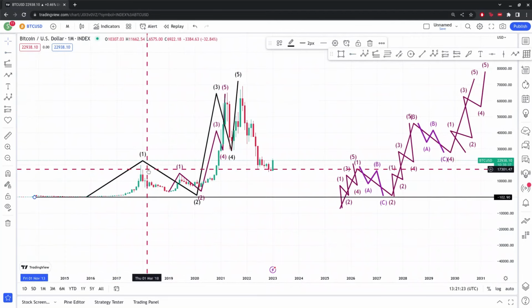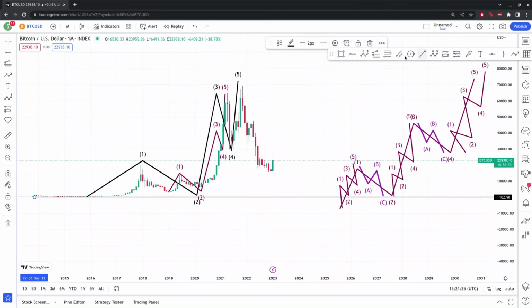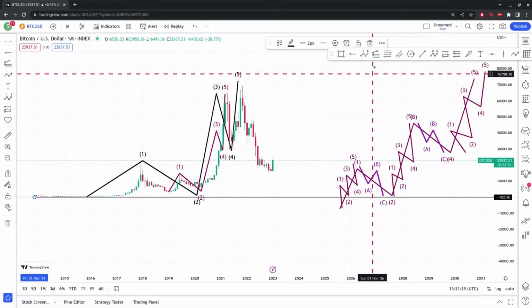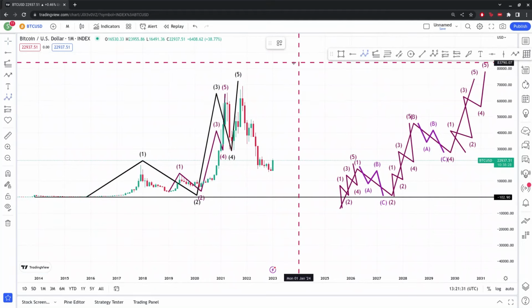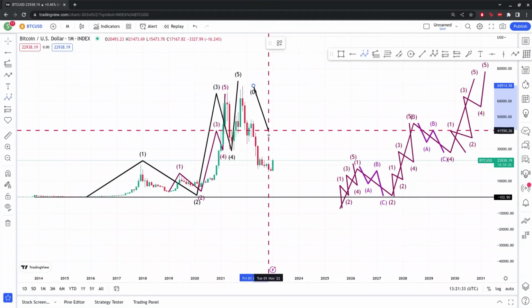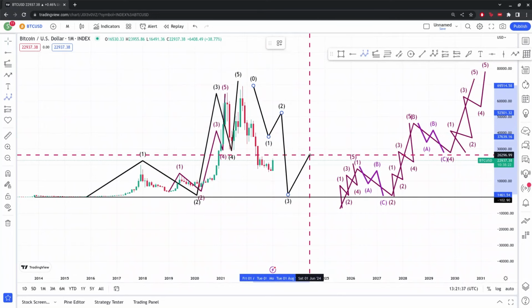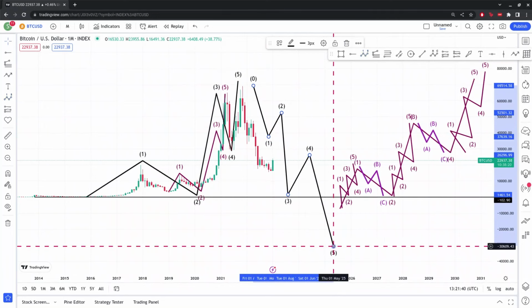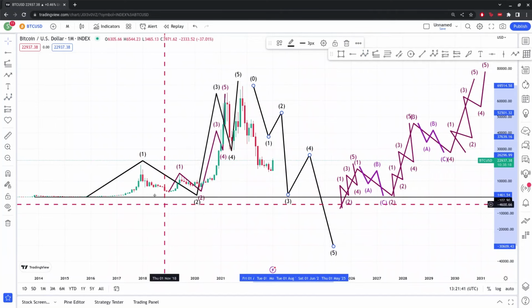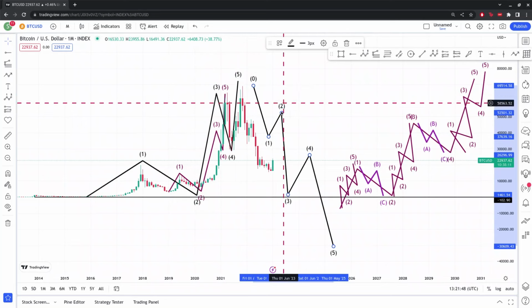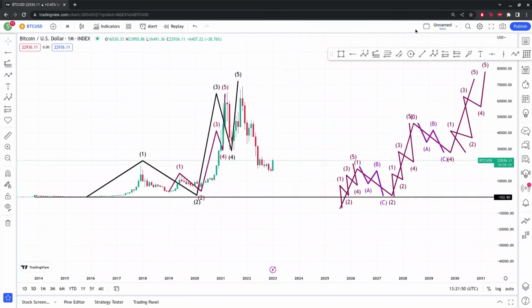So a reversal means a change of trend. So we'll move from an uptrend to a downtrend. So a reversal is going to be this 1, 2, 3, 4, 5. So that means it will lead to the break of this entire structure, and that will mean the Bitcoin has crashed completely. The second scenario is a retracement, which is just a 3-wave pattern, which is an